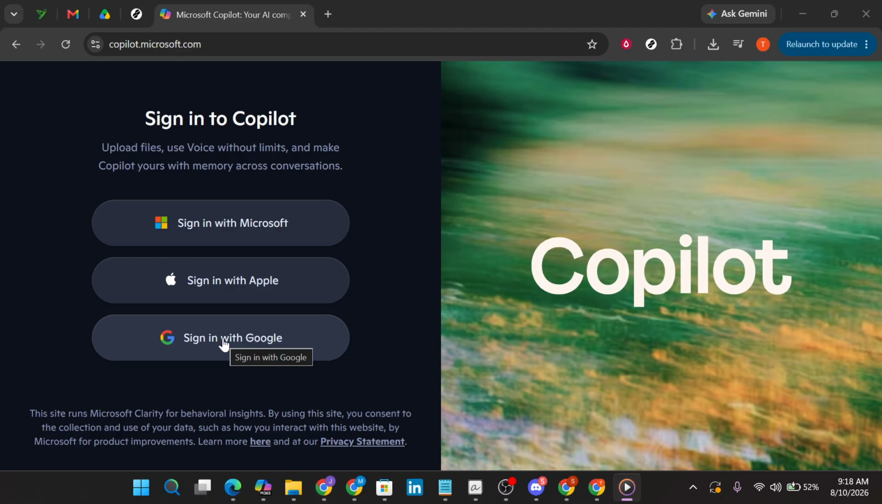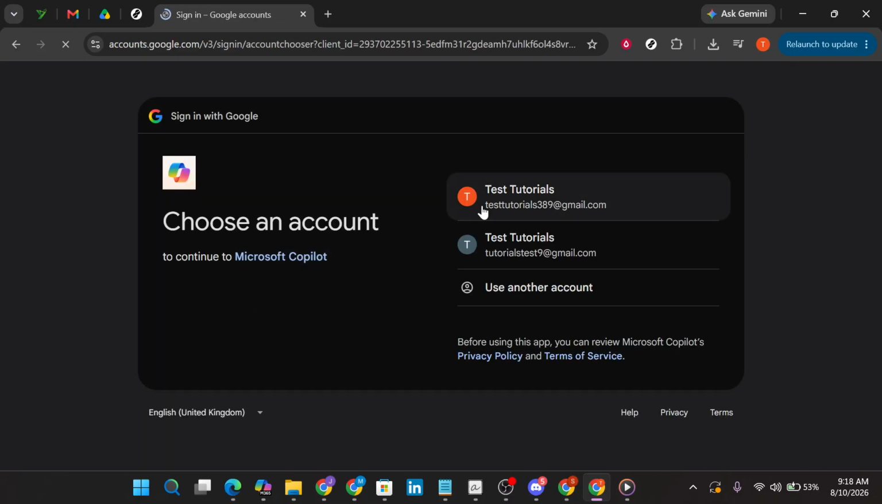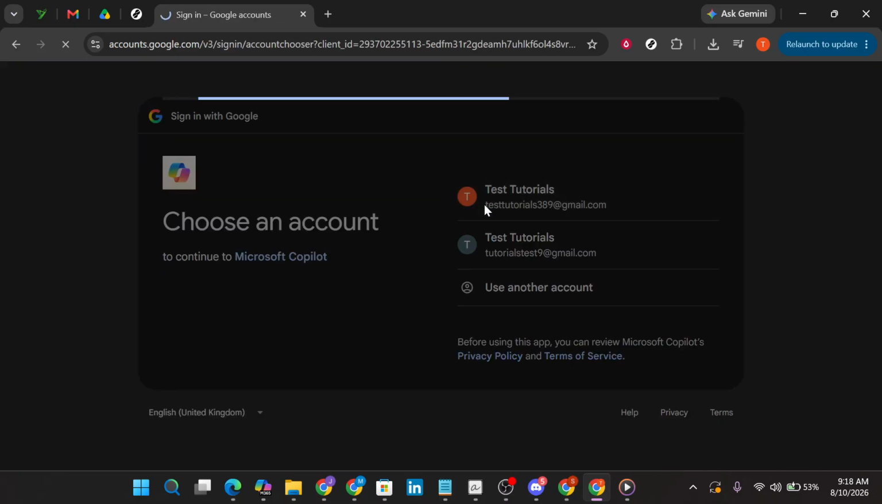connected to your account. On the sign-in screen, choose the provider you want to use. You may see options like Google, Apple, or Microsoft. In this example, we're using a Google account, but the overall process is very similar no matter which option you choose. After that, select your account from the list or type in your email address manually if needed, then continue